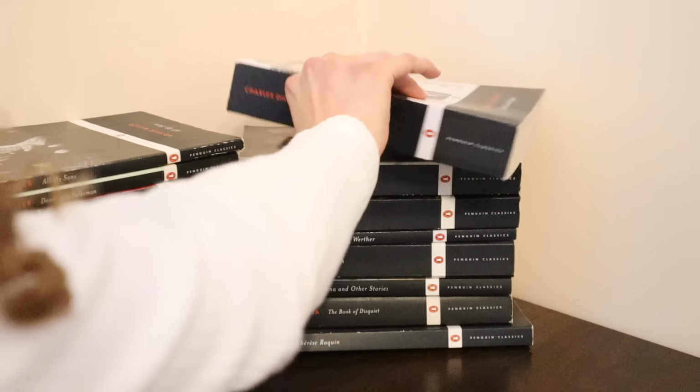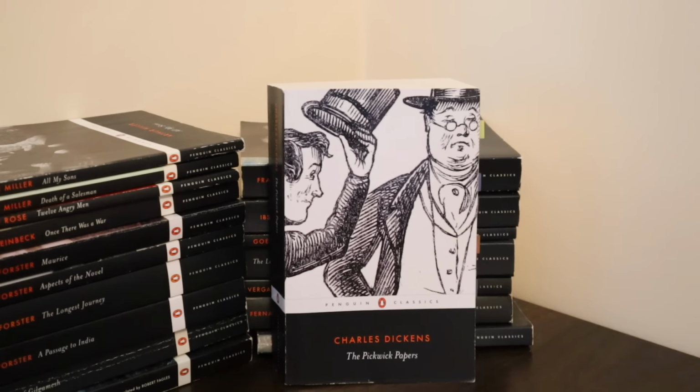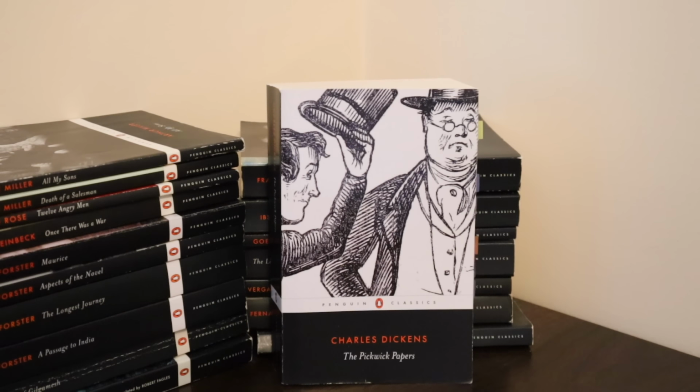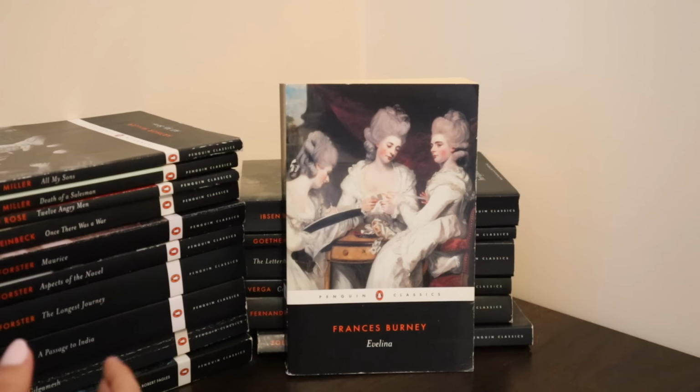Again, we have another Charles Dickens. I don't know why they're not together, but this is the Pickwick Papers. Again, same with the newer covers. They're okay. I just don't love them. Then we have Evelina by Frances Burney. I have never read any of her books. Sometimes I like getting the Penguin Black Spines, even if I don't know much about the book itself. I'm just excited to grow this collection and also maybe find some hidden gems of classics that you don't really